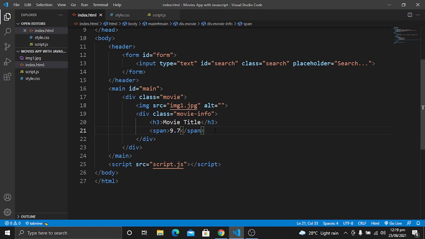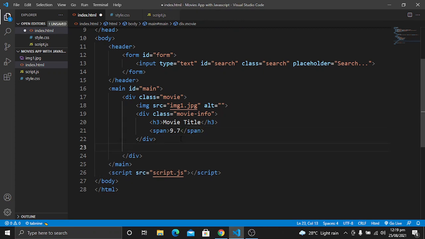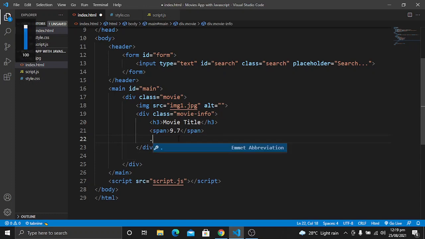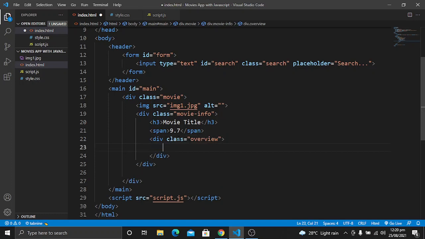Now underneath this I will create another div, which will hold the overview section. The overview div will be under this span. I will create a div with the class name of overview, and in this overview we will have content.